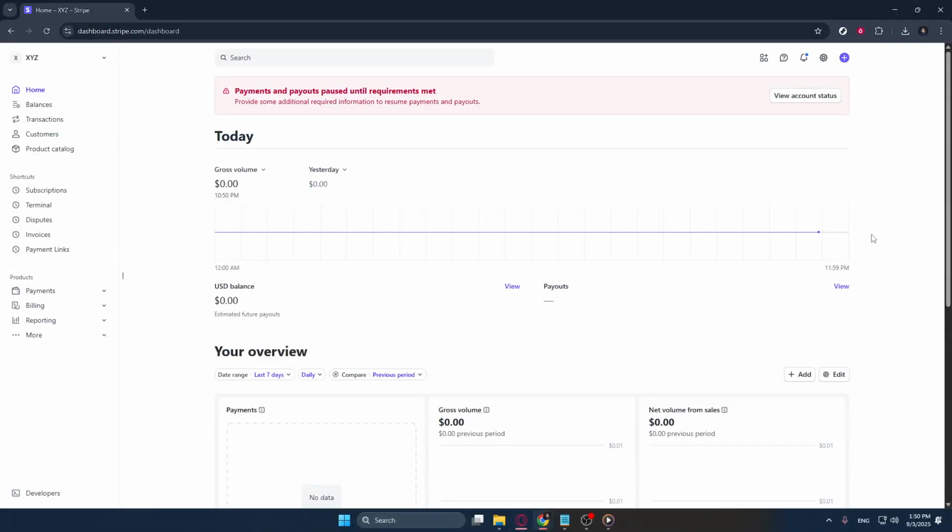In today's video, I'm going to teach you how to create and send an invoice using Stripe, a popular online payment processing platform. Creating invoices with Stripe helps you manage your billing process efficiently and ensures that you get paid on time. Let's walk through the process step by step, and by the end of this guide, you'll feel confident